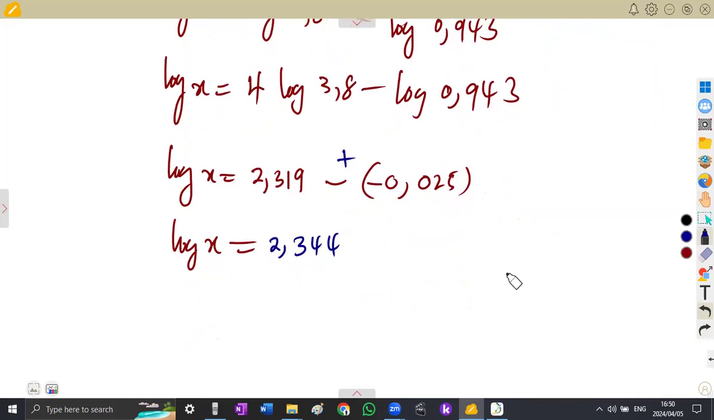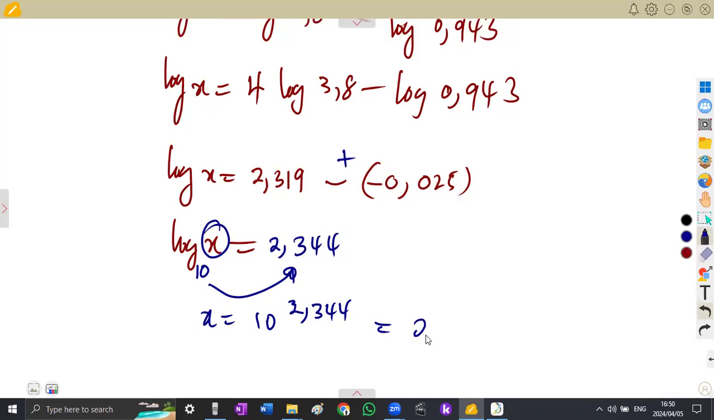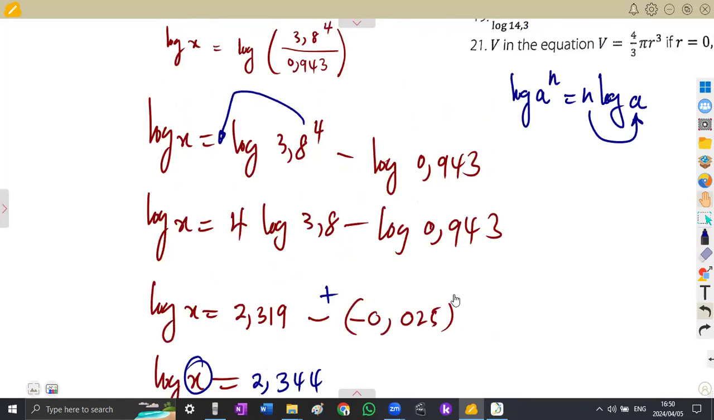But remember what I said before, this is in the base of 10. So x is going to be equal to 10 to the base of the answer, which is 2,344. So this is the value of x from our calculator. We are using a log, and on top of a log, there is a 10 to the exponent. So it's shift log, you have 10 to the exponent of the answer that you have, and this is going to be 220,800. So this is the value of x,